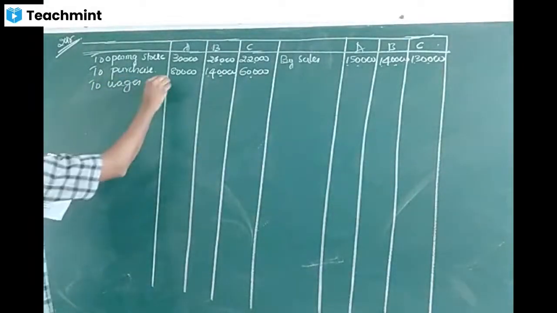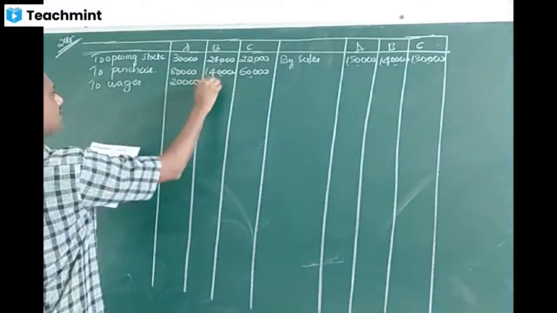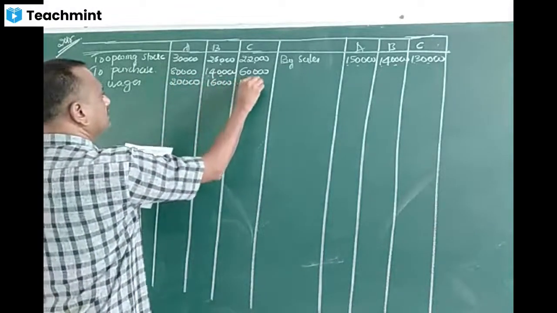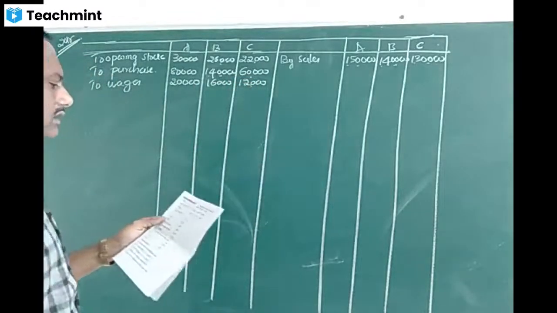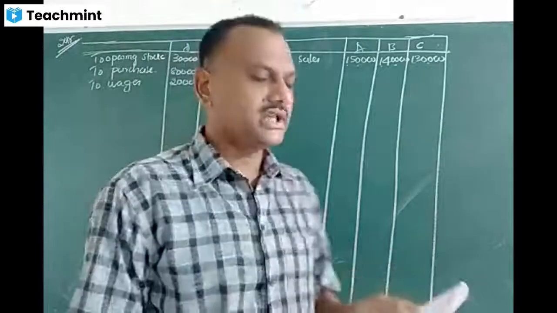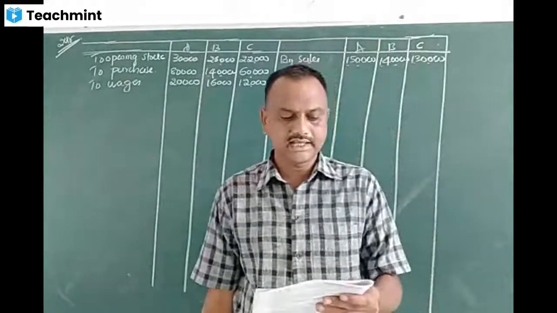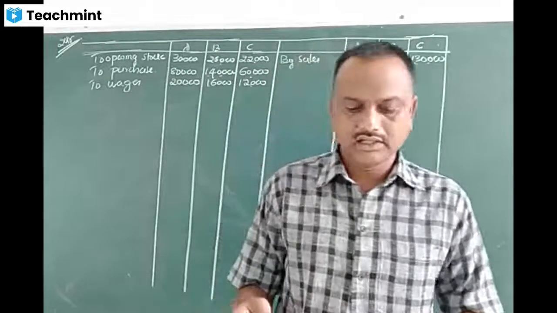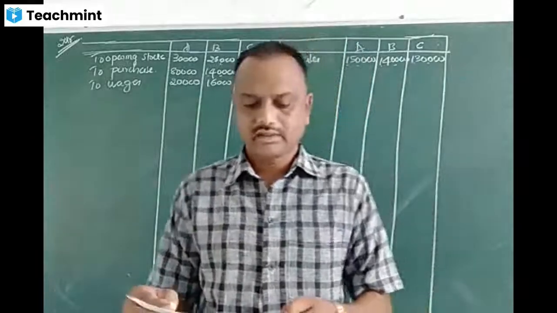Wages 20,000, 16,000 and 12,000. So after wages, they have given common expenses: salaries, rent, discount allowed, discount issued, labor expense, electricity, and there is an interdepartmental transfer, which is from